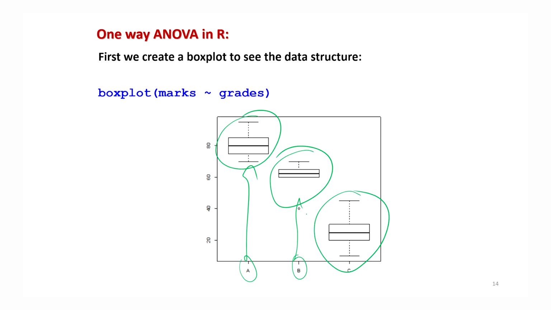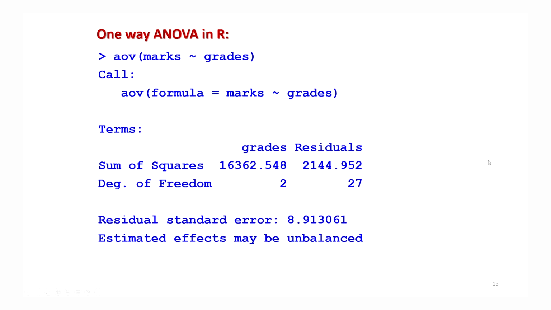And you can see that the average, that is the median, the middle value in these boxes, gives you the second quartile, which is the median. And you can see that they are quite different. So if all these box plots are very, very close to each other, like this one, then possibly I can say that the average marks are quite the same. Right.